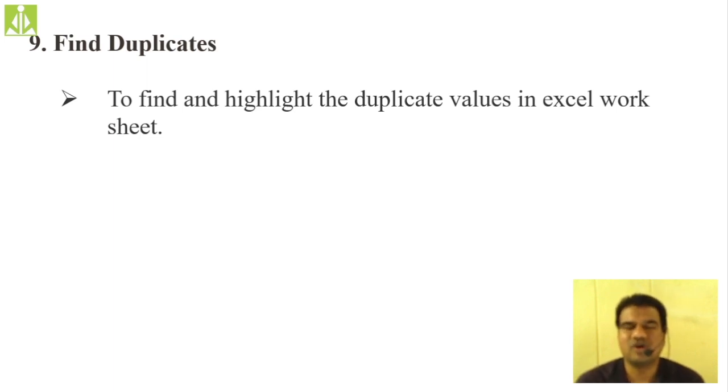If you have more than one copy of a single piece of data, it will highlight those multiple copies for your understanding. In that way you can remove the redundant data. Isn't it? Redundancy is a big issue in data maintenance that you are going to learn in your 5th semester, but now I think they have changed it to the 4th semester only. There is a subject called database management systems for CSC and for IT people.